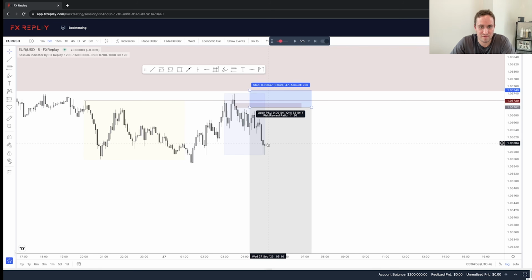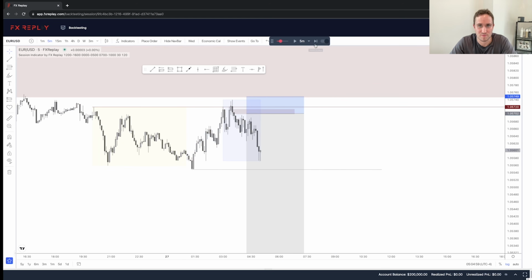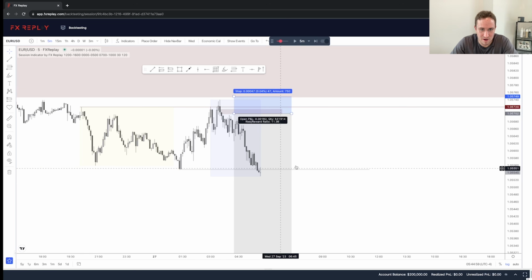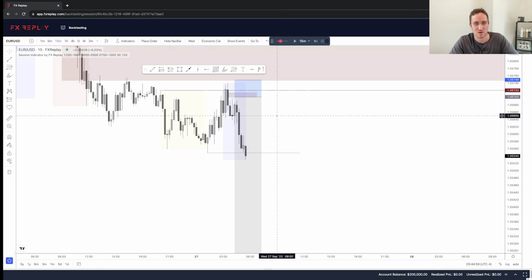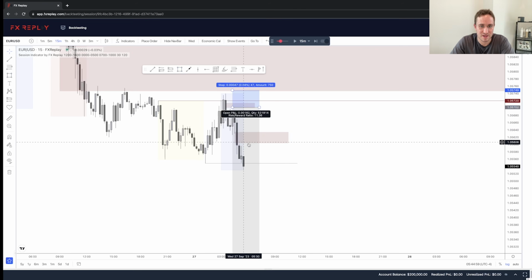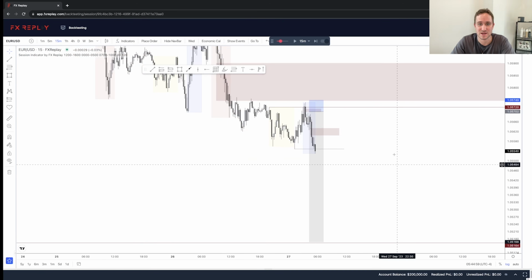So now I'm looking for, honestly, I want to see this low get taken out, just to solidify that we've had a new structure break. Okay, so now this is even better. If we look on the 15-minute time frame right now, we have broken below, and look what else we've done. We went and created a fair value gap right here, right? This is showing intensity, this is showing momentum, this is showing intention to the downside,